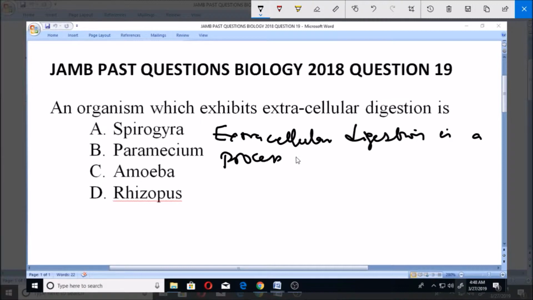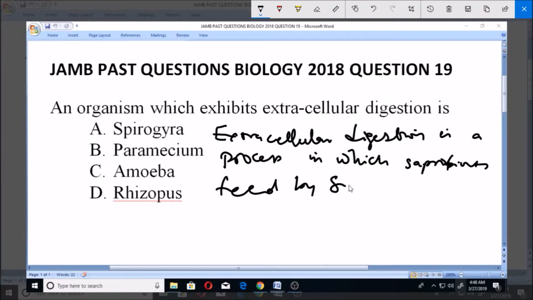So extracellular digestion is a process in which saprophytes, saprobionts, feed by secreting enzymes. So this process is done by secreting enzymes